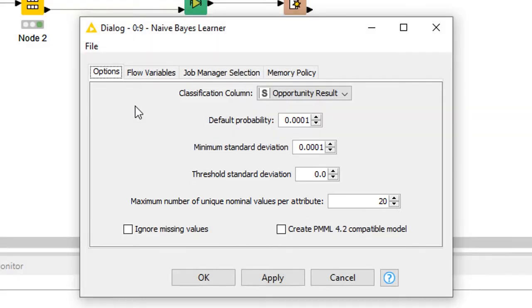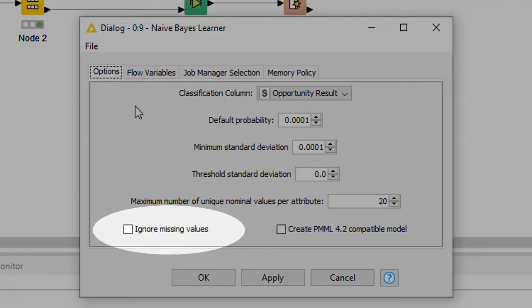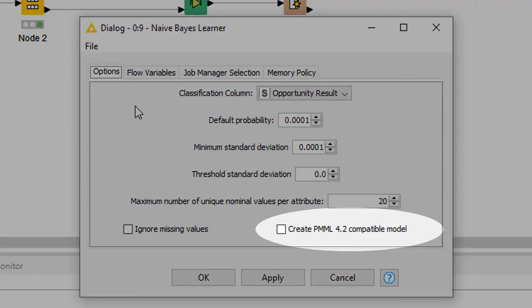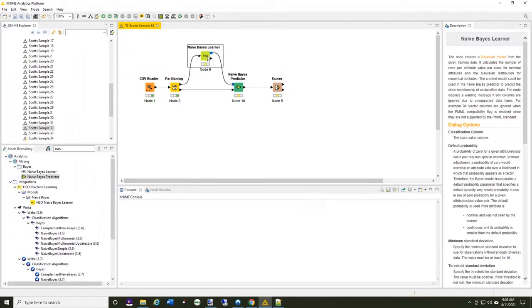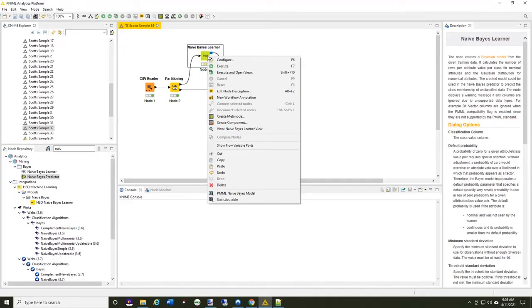You can instruct it, of course, with the checkbox. If you want to ignore missing values, you'd set that checkbox present. And the create 4.2 compatible model is just something for those who intend to take this model and export it out into another tool, which isn't going to apply here. So I'm going to go ahead and execute, and if I want,